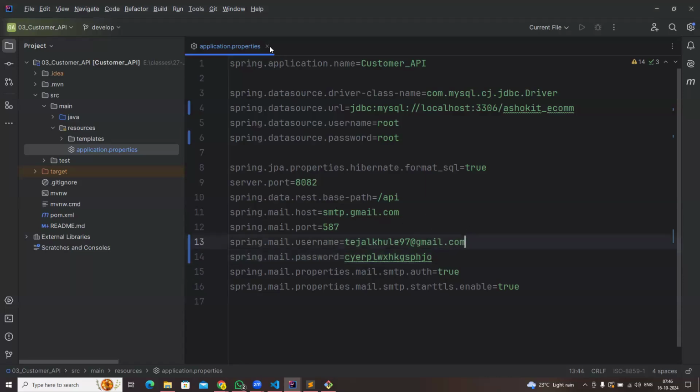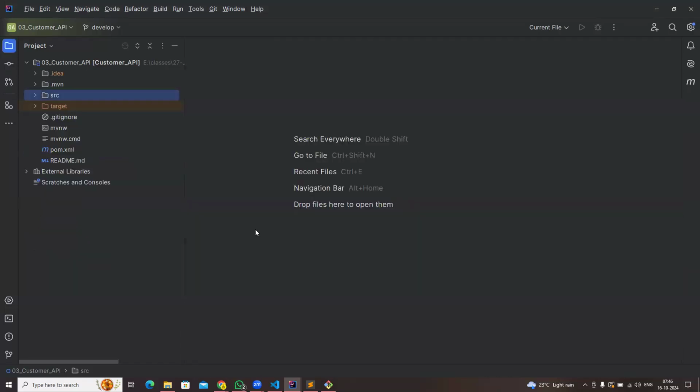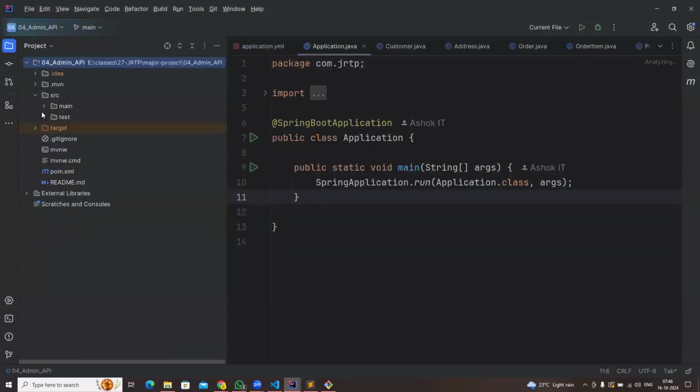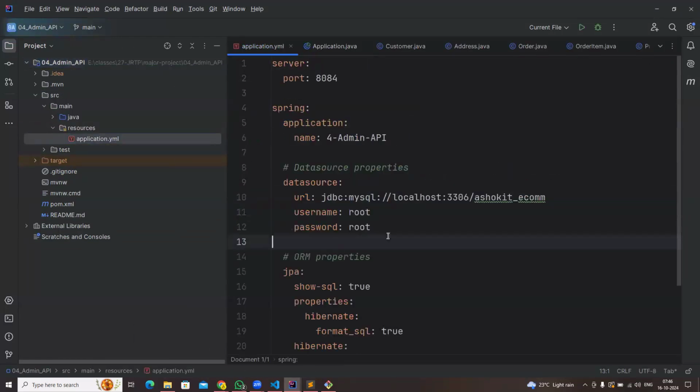Yeah, guys, I have updated this customer API properties file. And let me go to admin API. In admin API,